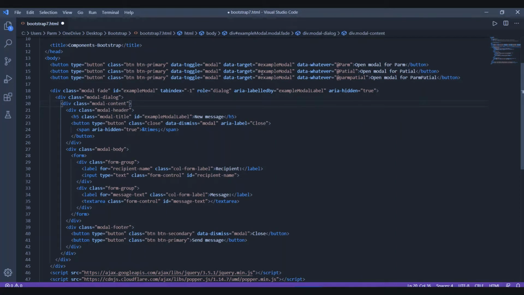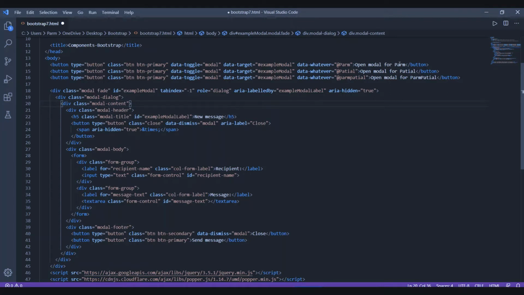So this way we have created three buttons, and here we have to understand the class. Here is the class for the button. Here is data-toggle, which makes it a toggle button for the modal to be displayed, and data-target is for the modal having the id exampleModal. And data-whatever is to whom we want to send the data, or who the recipient is, which we have to specify here.